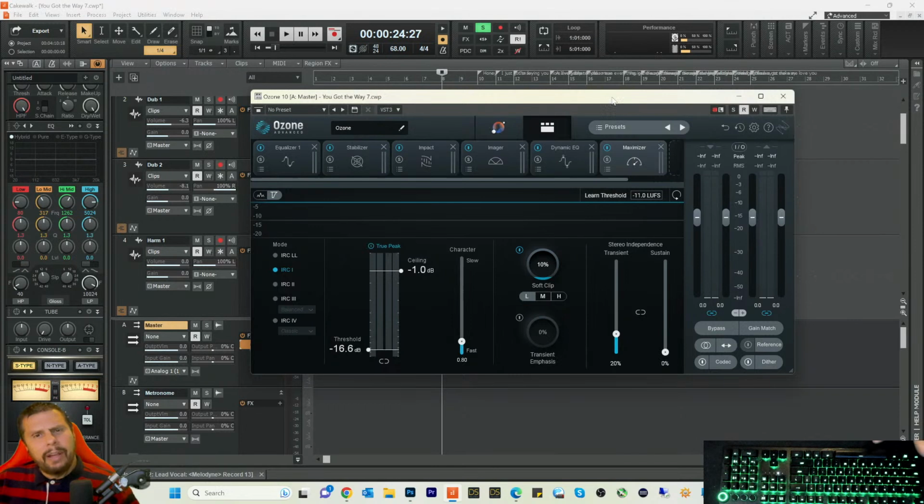And then I finally went back to the original loudness wars thinking and said, no, I'm going to mix my stuff for CD, and if I put it on some streaming service, they're going to turn it